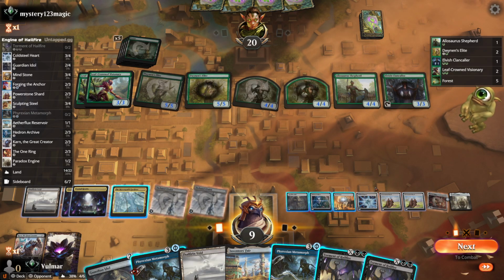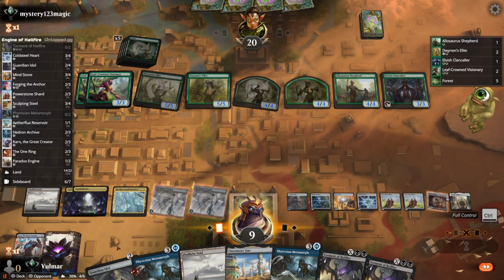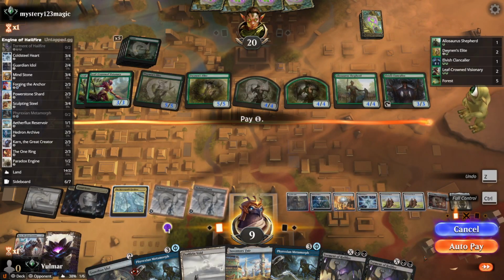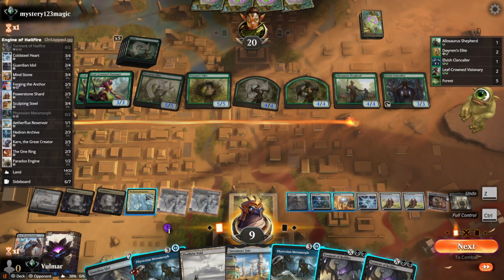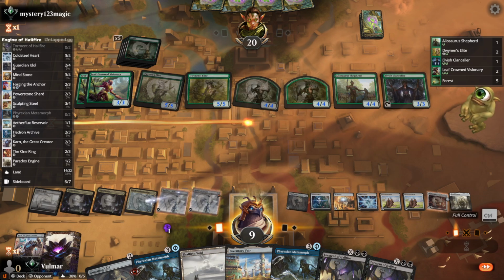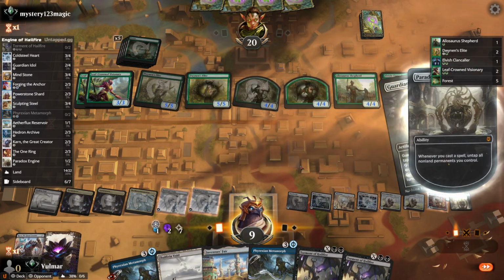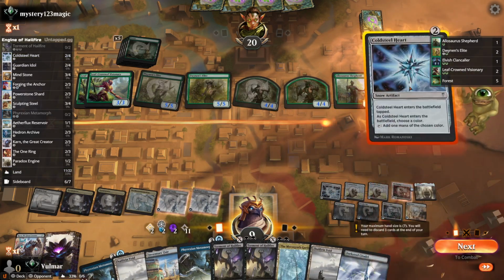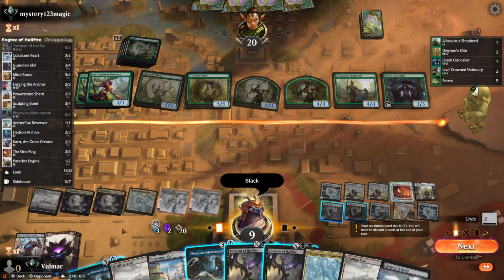I would have... I need U for black. I also need U for black. That's done. We're going to play the Idol. A Coldsteel Heart. Play